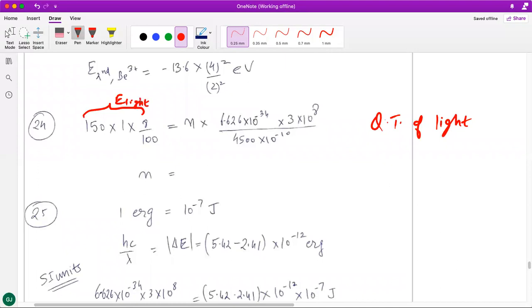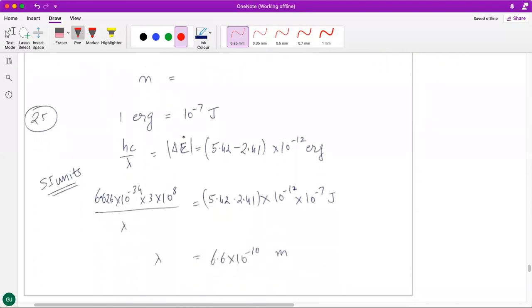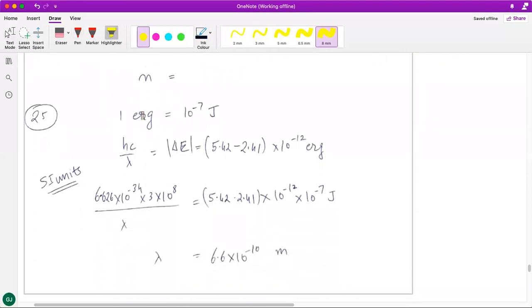that is coming out from the bulb, and this is the interpretation from the quantum theory of light, that you can write this as n h c by lambda. So I've just put the values in one equation itself, and then you can go ahead and solve for the value of n. Right. In the 25th question, again that same erg is featuring, which when converted to joules